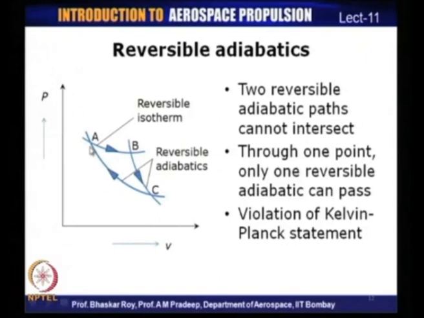On the other hand, if you had a reversible adiabatic which was parallel to the first, let us say the BC process, you would need to have a reversible isotherm which can cross the reversible adiabatics, and we shall see a little later that this basically corresponds to a Carnot cycle. A Carnot cycle is a cycle which consists of two reversible adiabatics and two reversible isotherms. So, this is one property that you need to keep in mind, that reversible adiabatic processes cannot intersect.